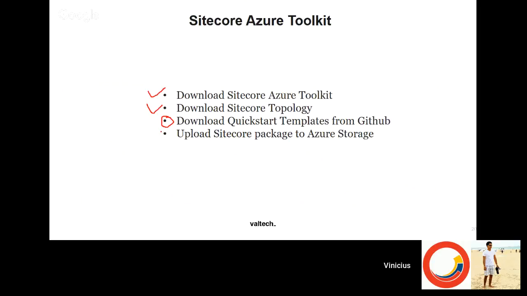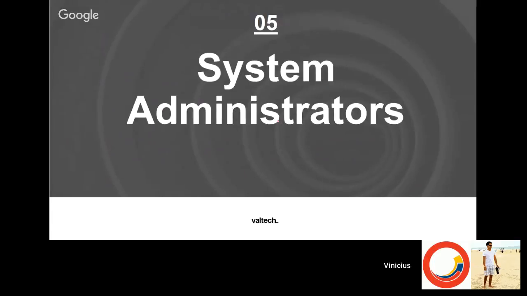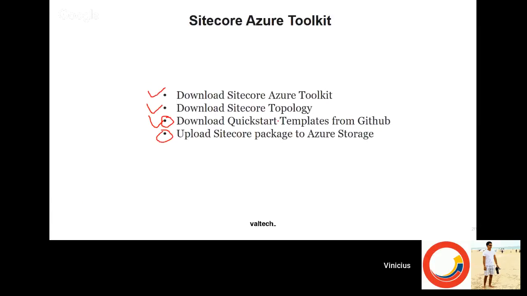But this is another topic, another discussion. So we can download and do everything on our own machine. And one of the pieces is to upload the Sitecore package to your Azure storage to make things easier for you. So before I jump to the system administrator piece, let's see how things are going